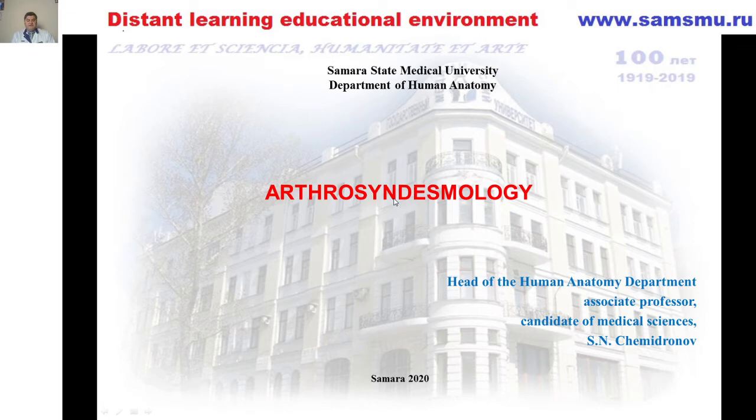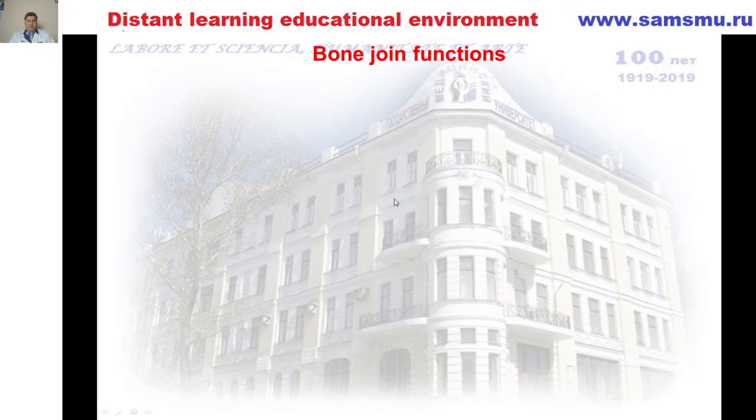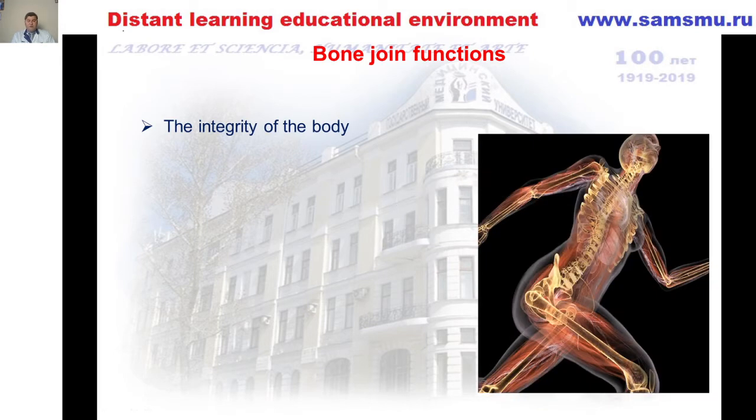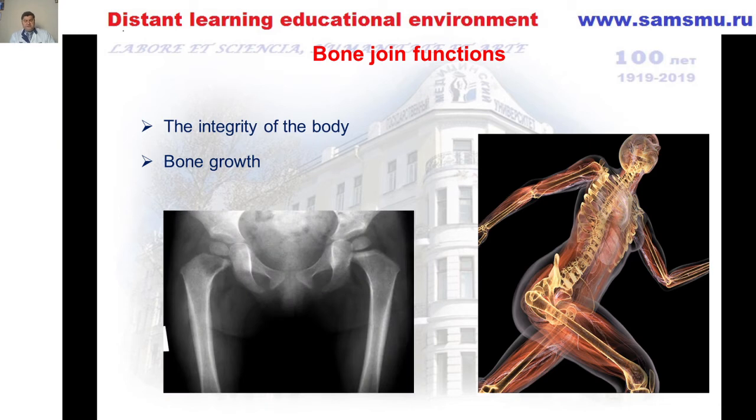So, bone joints serve several functions. This is firstly the function of fastening individual bones into the whole human skeleton, the integrity of the body. Second function, bone growth. Bone growth occurs at the junction between the bones. Bone tissue, unlike others, grows only by apposition, the imposition of new bone substance on the existing one. Naturally, the growth of the skeleton occurs along the surface of the bones and in the places where they are